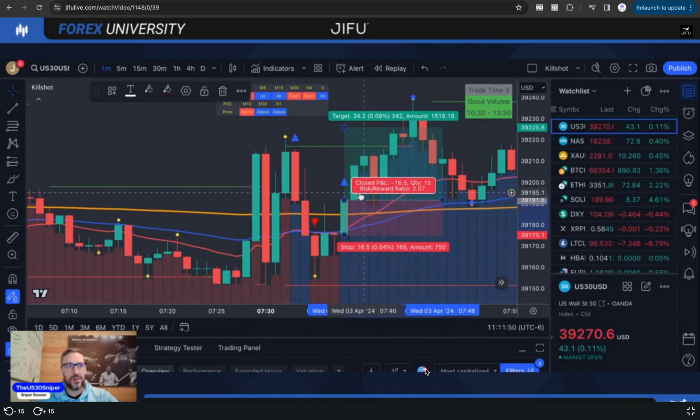Now, why do we use 1 to 2? Because math is super important in trading. And everybody's going to tell you, you should trade like a robot, right? You should be using mathematics, all those things, right? We want to make sure that whatever we're risking, we're going to get the reward we're looking for, right? Super, super important to get that risk to reward, because that's what's going to move you forward while you're still taking losses, right? Because we're going to take some losses along the way. It's all part of the deal, right? So we want to make sure that whatever we're risking, we're getting that reward, because that reward is going to have to counter some of that risk, because sometimes we're going to take losses, right?